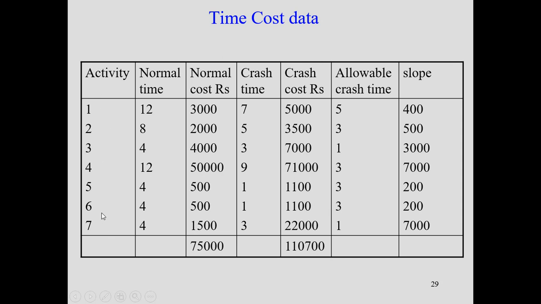So let us look at it one by one in detail. The activities are 7 activities. The normal time is already given. This is the normal cost. So if you follow the normal time, then the first activity will take 12, the second activity will take 8, then 4, and so on. And this is the corresponding crash time. Now, for a normal activity, activity 1 will take 12 days, for example, which will cost you 3,000. The same activity we can reduce to 7. So instead of 12, we can reduce that time to 7, but we have to pay an additional amount, making it 5,000.